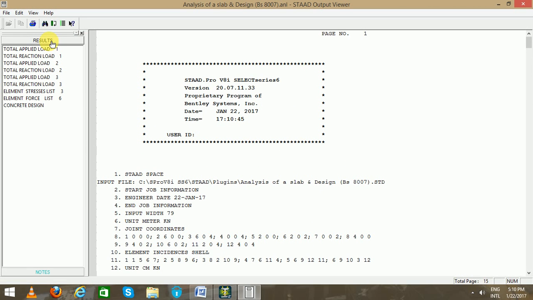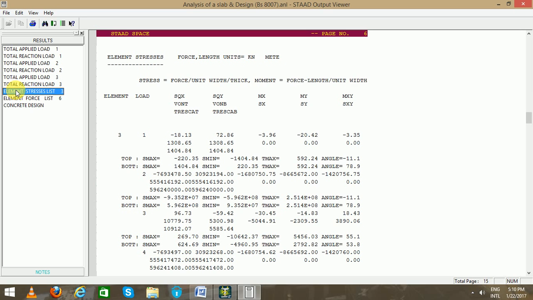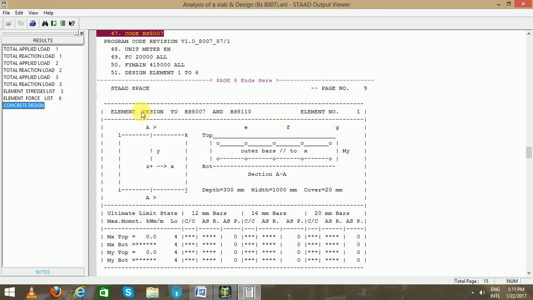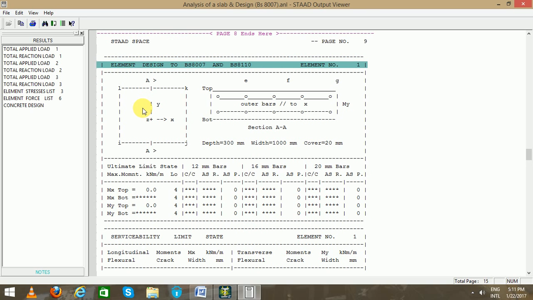You can see the results here. Applied load, reaction load, element stresses. These results you have seen before. You have to see the concrete design. You can see the element design to BS8007 and BS8110. This particular thing you have not seen in IS456 code. If you had implemented that instead of BS8007 in STAAD V8i while designing slab, you can see element number 1, that is the plate number 1,